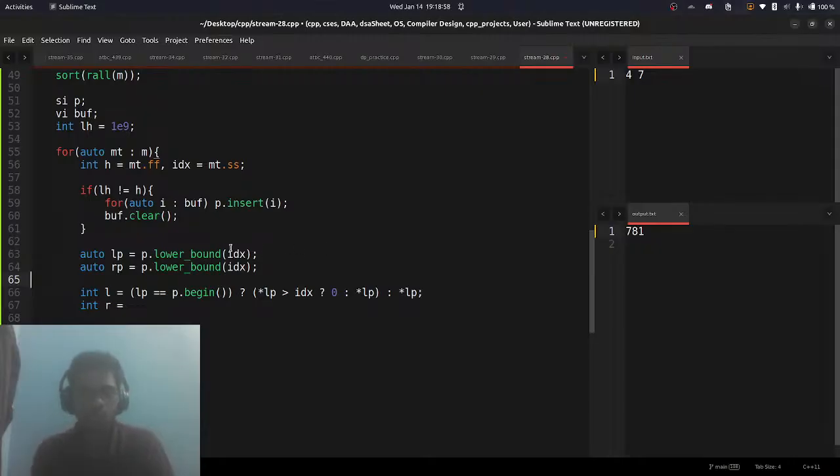But this one here, lower bound can cause problems because if